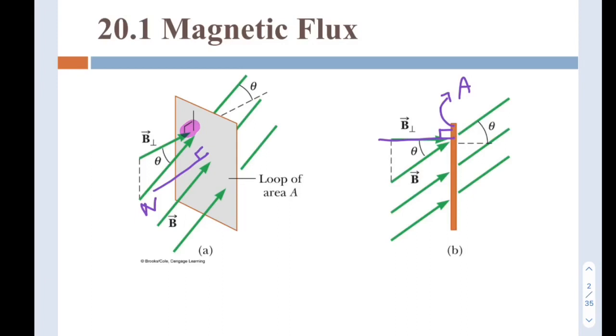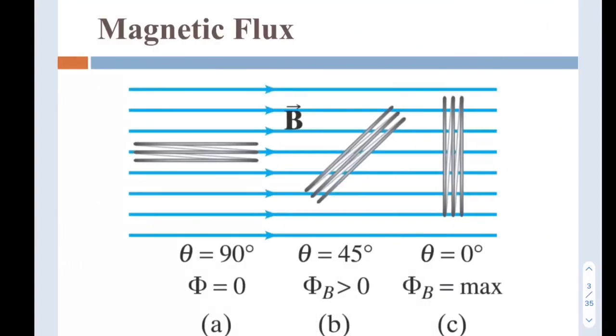So to resolve the B, you have to make use of this angle information, whether it's sin or cos depending on the angle given, right? Make sure the B is perpendicular, or the normal of the area is perpendicular to the B, either one, right? So that is how to get magnetic flux. So how to make it perpendicular or not, right? So we are going to use the formula of